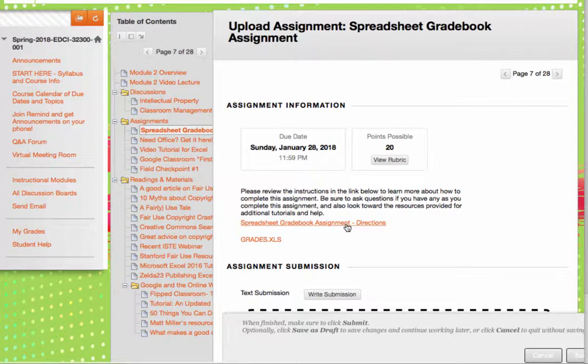It's all out there for you, including in a lot of cases examples of some previous students' work as well. So if you aren't really sure what a final product might look like, there are some examples for just about every assignment to give you an idea of what the assignment's supposed to look like.